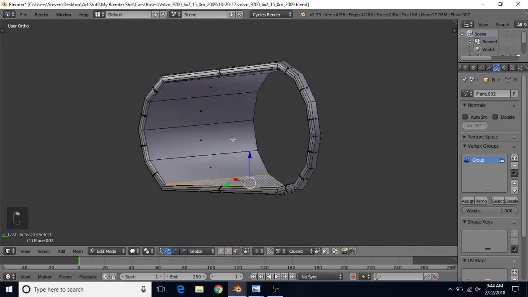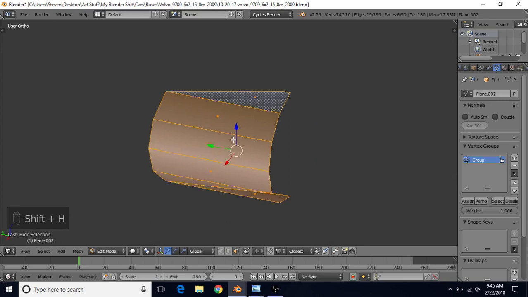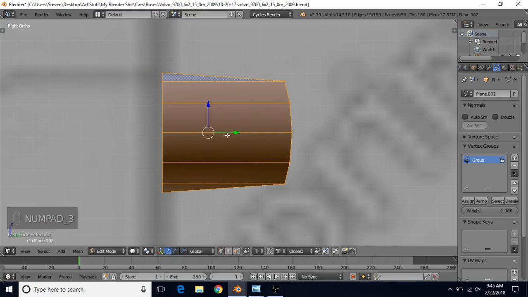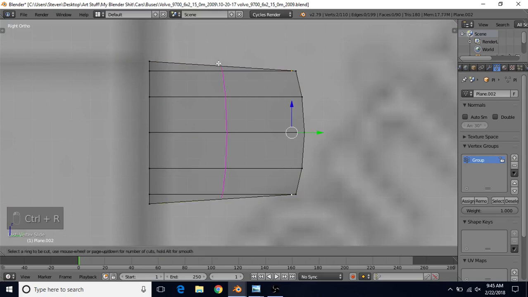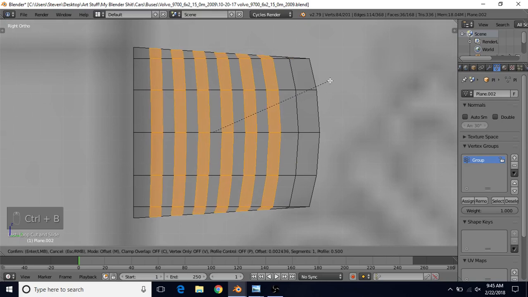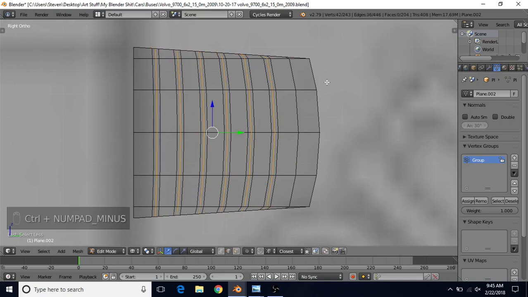So we're going to go to face select, select this face, Control right click to select this, Shift D to duplicate, right click to cancel, Shift and H to hide everything except this. Go to vertex select, go to side view by pressing 3 on the number pad, Z for wireframe, select these two vertices, G twice, slide them up, Control and R, left click, slide it up, switch to edge select, Control R, mouse wheel up 6 times, left click, right click, Control B, mouse wheel up once, left click, Control minus,